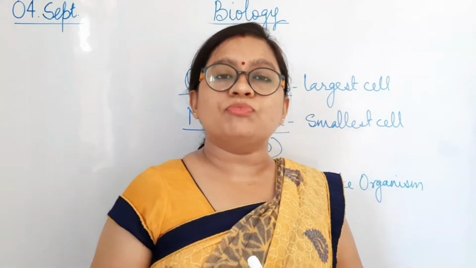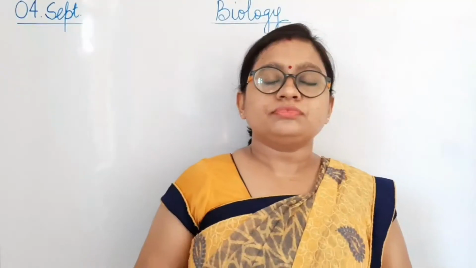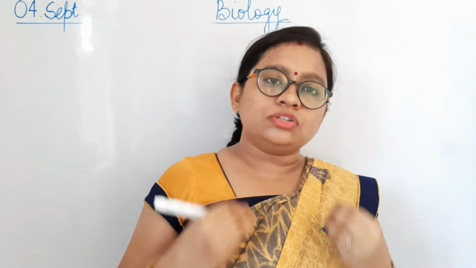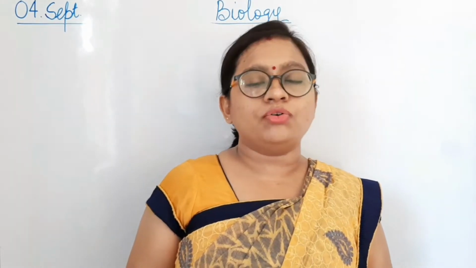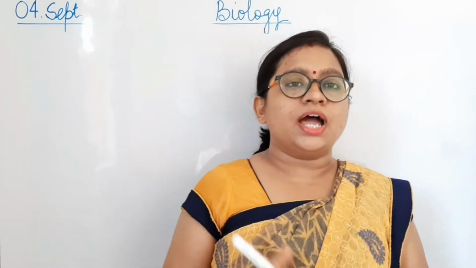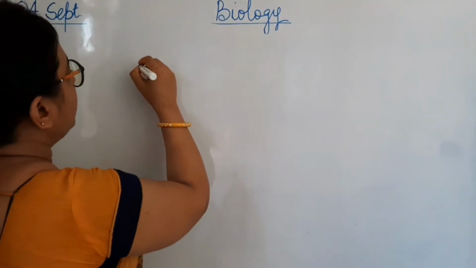Before that, we are going to discuss an activity. That activity is about how the cell looks. So I will continue with that activity. Till now we have discussed that the cell is a basic unit of life. Basic means very important. This basic unit of life may exist in different shapes, sizes and numbers, which we have already discussed. But what about the structure of the cell? How does the cell look and how is it able to perform the functions needed for its survival? For that, I will first discuss an activity. This is activity number 2.